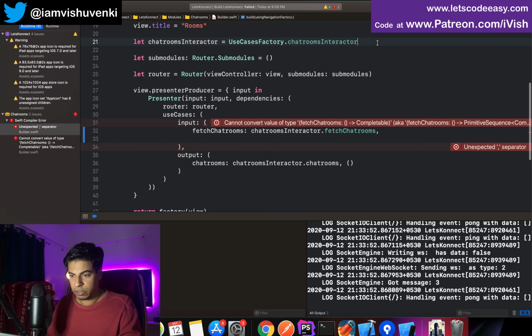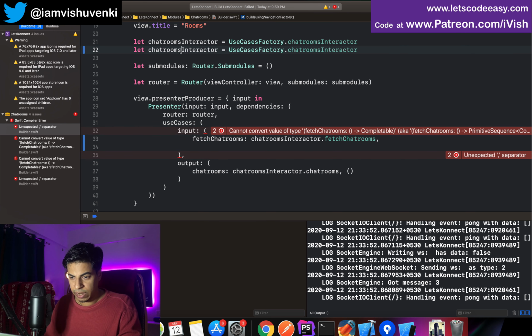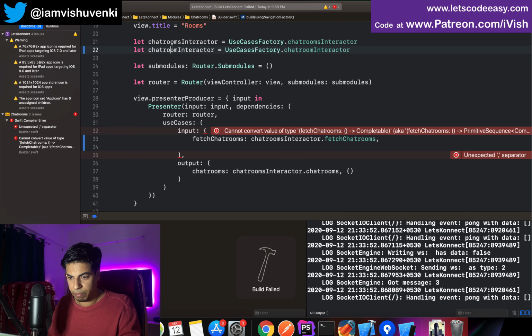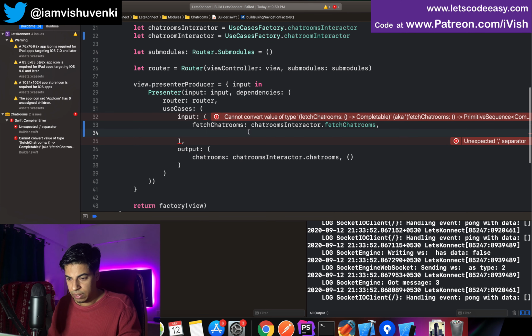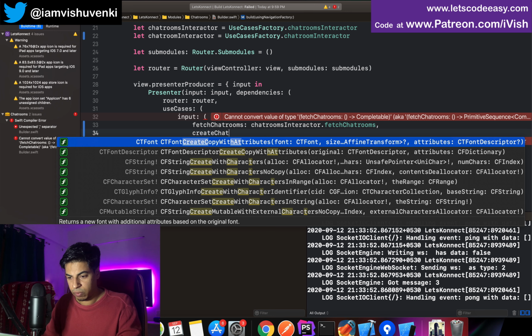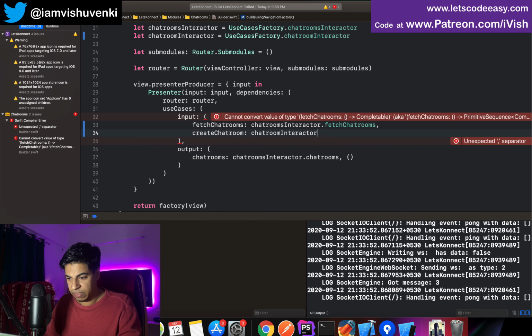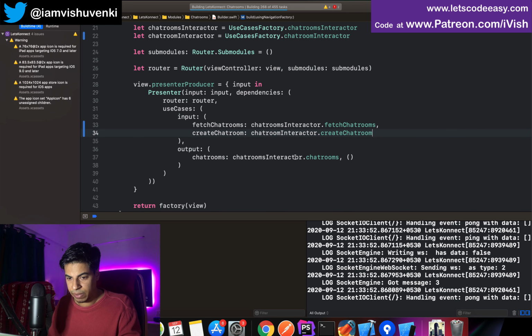where we can ask for, similar to chatroom's interactor, we can ask for chatroom interactor. That should also compile fine. And then we can say create chatroom as a function to be passed, which is available in this chatroom interactor. It uses a chatroom to create. That's enough. It should compile fine now. Now we can use this function